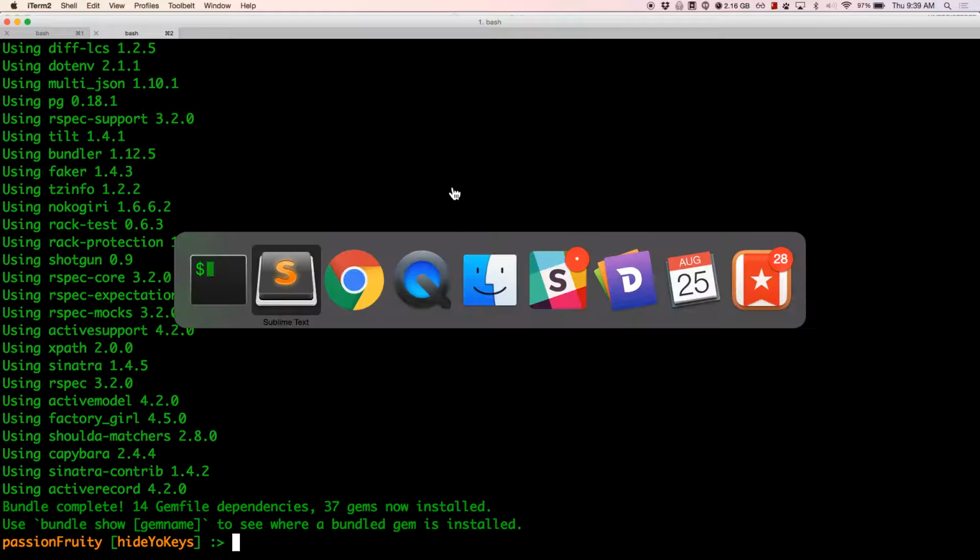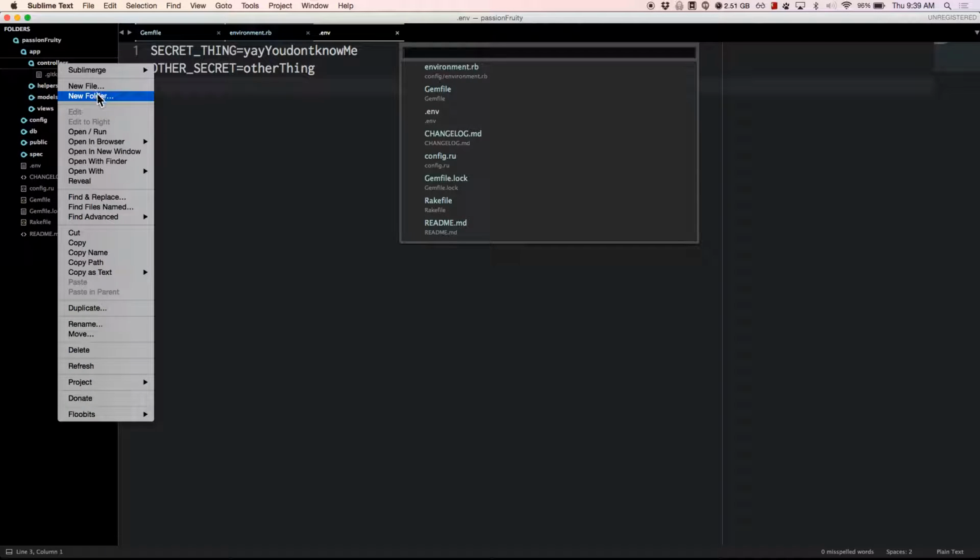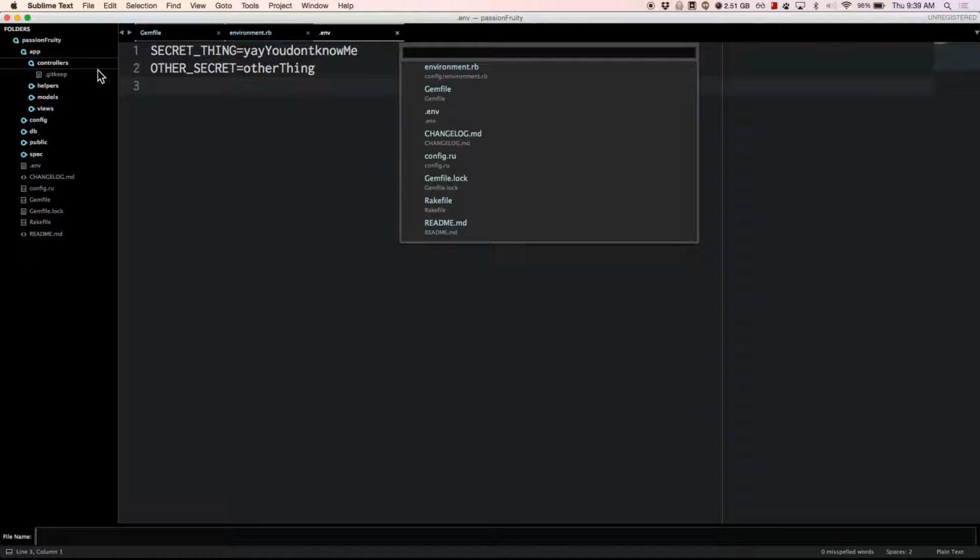So let's come back over here, and this app is very bare bones. So let's go ahead and make an index controller,